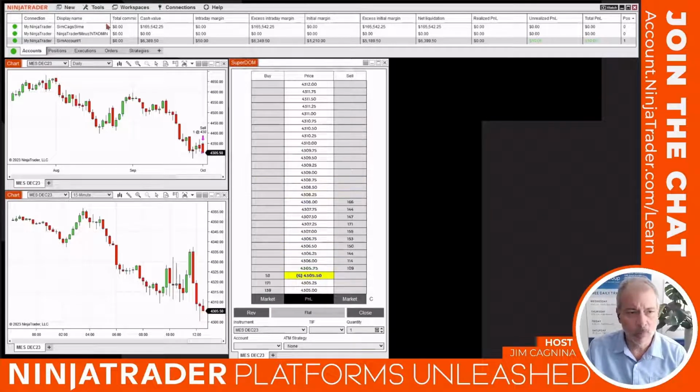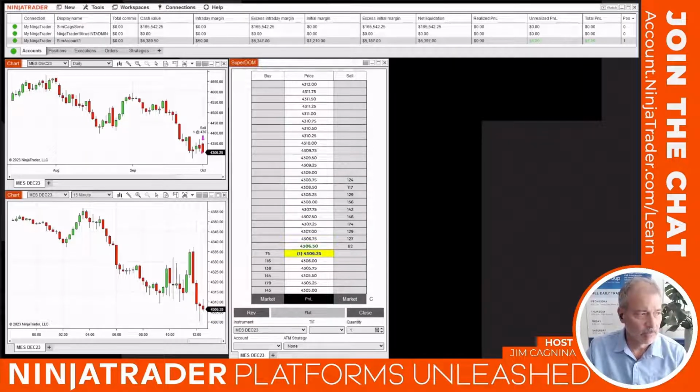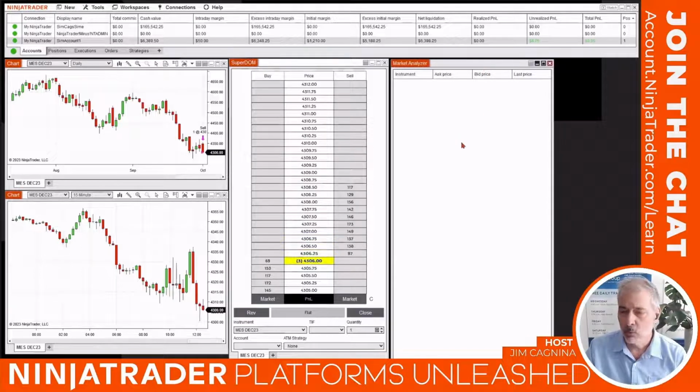So I'm just going to open up one more window for now. You guys got to get the idea. I would experiment in sim mode with all of these things to see which ones are helpful for you and which ones aren't helpful for you. I'm going to go ahead and just click on Market Analyzer, which is the next window that's going to pop up. And it's going to give me the ability to produce a quote-like board or a watch list